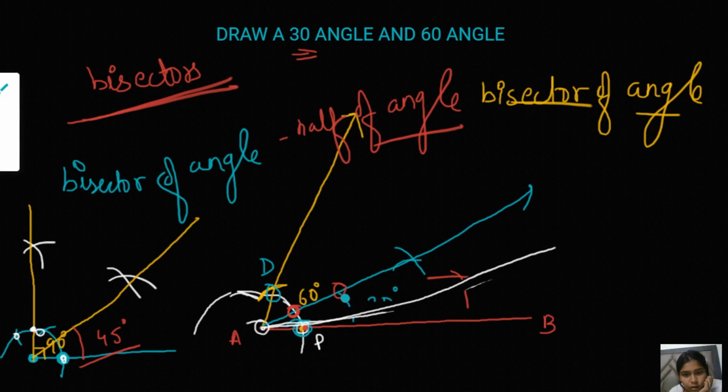By this you can easily go for other angles also, okay. You just have to put the pointer of the particular angle wherever it meets the arc and draw the arc. Then you have to put the pointer here and draw another arc and join them with the center. This is how to draw a bisector of the angle, right?